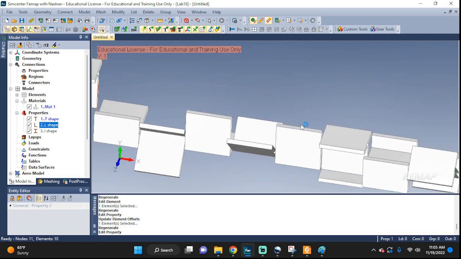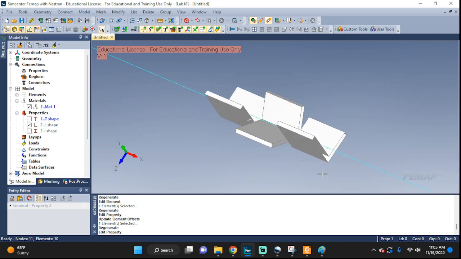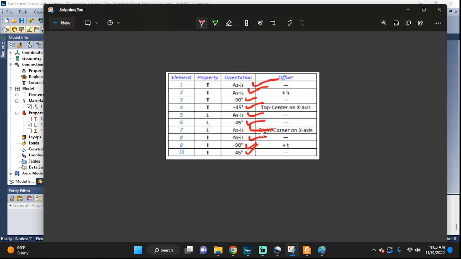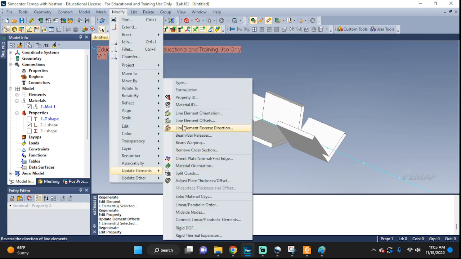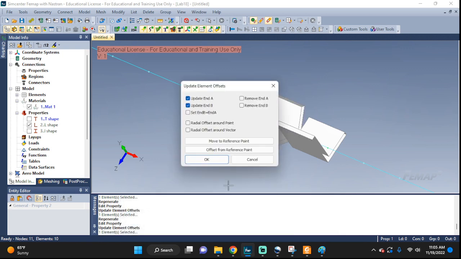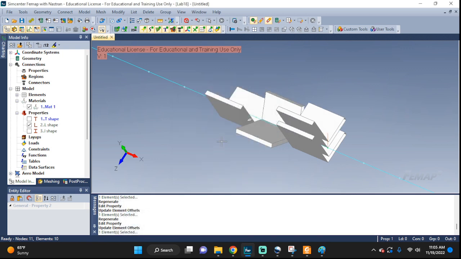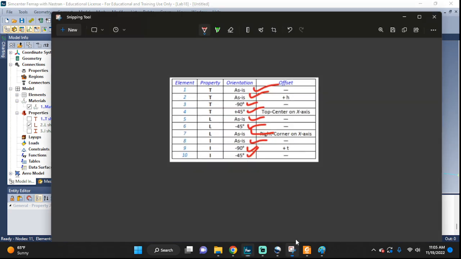There you go, I can turn these off so I don't complicate my view. Which one was that? The third L. Pick this one. Good. Okay, so go to modify, update element, line element offset, pick it. Okay, move to reference point. Bang, Control G. Wow,